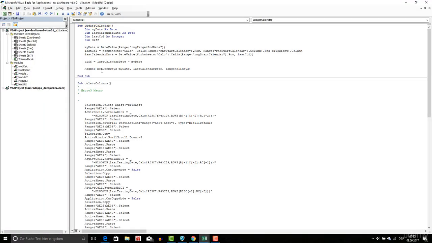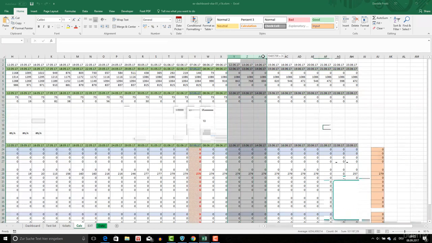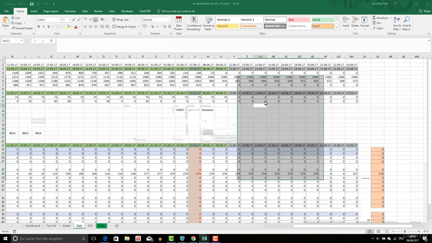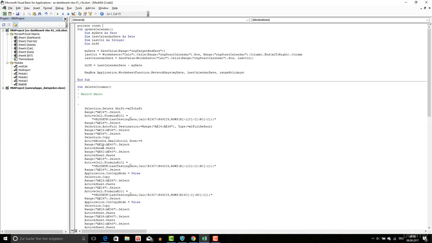Okay, so to make it work, I have to substitute this with this function, Application.WorksheetFunction.NetworkDays, this one. So I'm going to do it now, and in fact, I have exactly 1 2 3 4 5 6 7 8 9 10. These are the 10 days. Okay, I'm going to define the threshold, which is Private Const MaxDaysAfter equal to 5. So this is